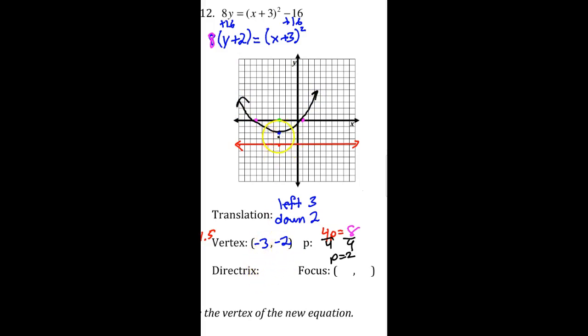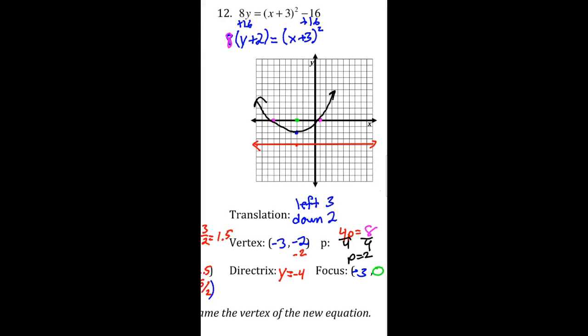Directrix will take, again, it's below the vertex, so we're going to go down by the p-value. It's negative 4. So y equals negative 4. And then we're going to add to get the focus. So negative 2 plus 2 will give us the 0. And of course, our x-coordinate is still negative 3, always the same as the vertex. There we go, and that's our final